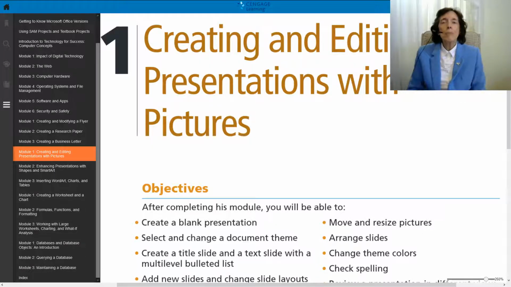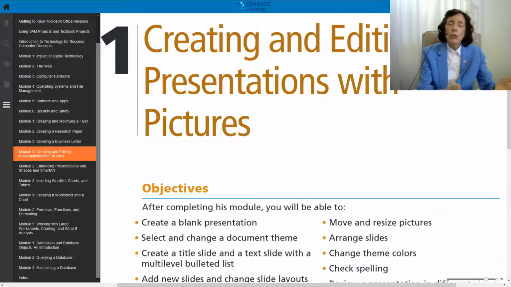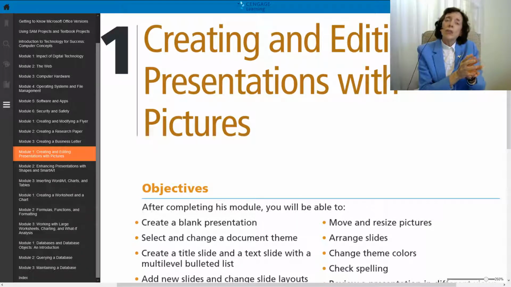PowerPoint is a presentation graphics program. What does that mean? Well, if you're giving a speech, or you're a teacher doing a lecture, or you're teaching your employees at work some new information, it's very, very common to create a presentation either in PowerPoint or with PowerPoint, and that's two different things. If you're going to speak to the group live, then you'll have the PowerPoint to accompany your presentation and enhance it,